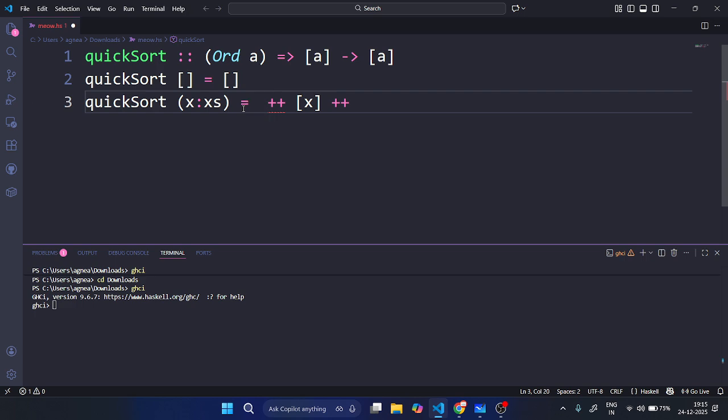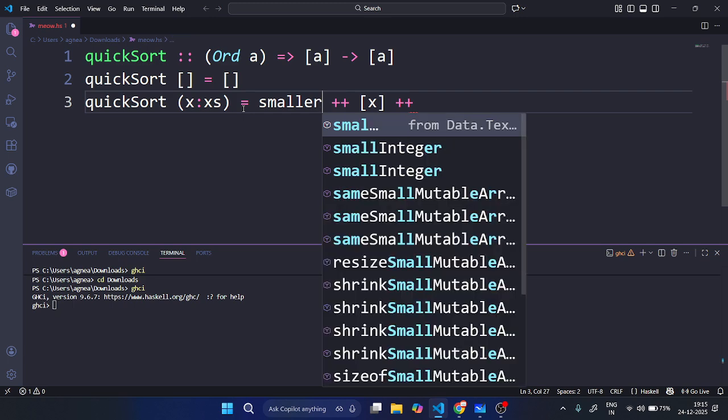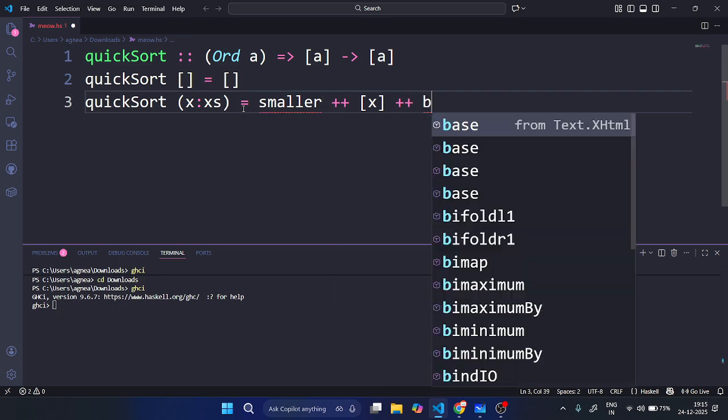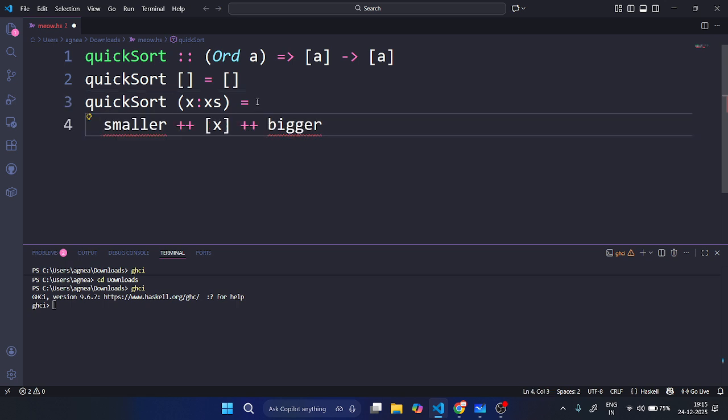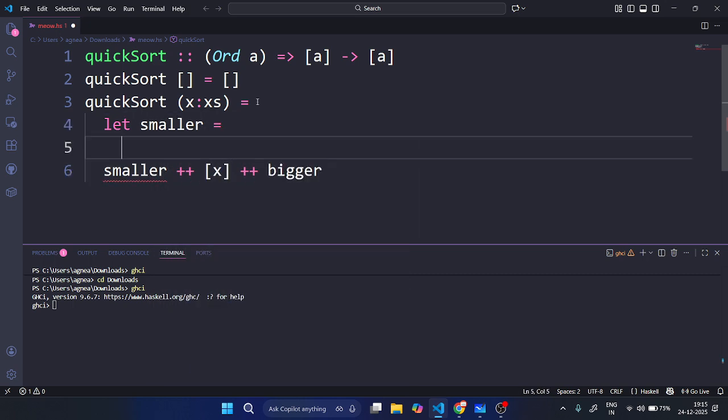So what are they? They are the smaller and the bigger. Now there's a bit of ambiguity here in the sense that Haskell doesn't know what is smaller and what is bigger. So for that, let's use a let-in condition. Let smaller equals, bigger equals,